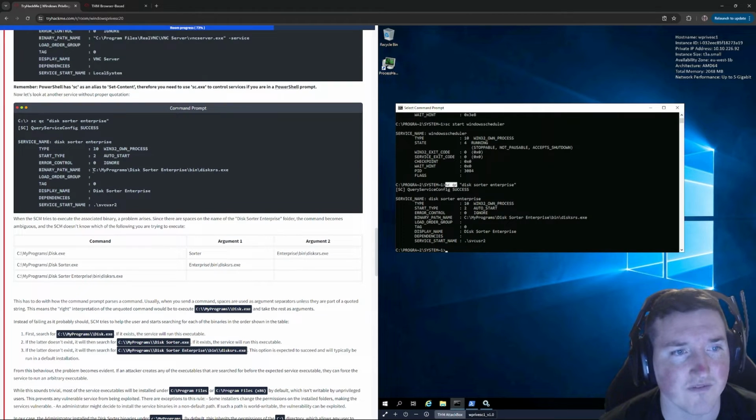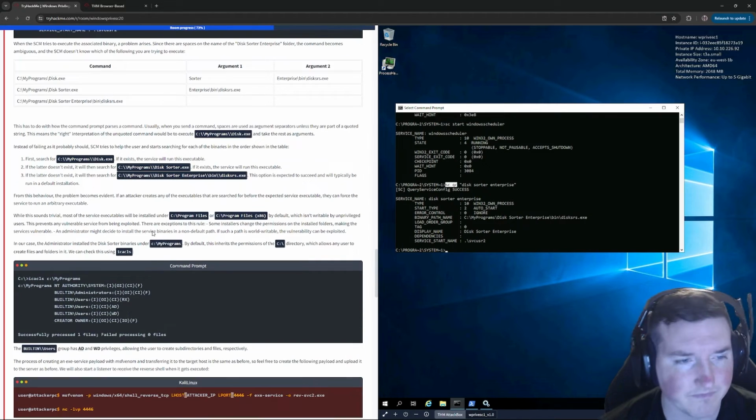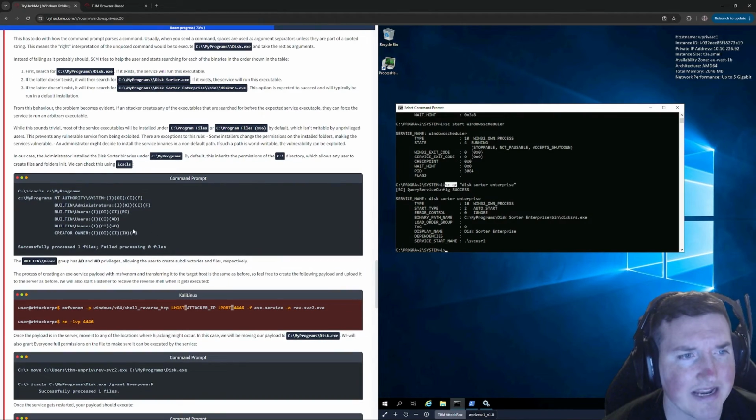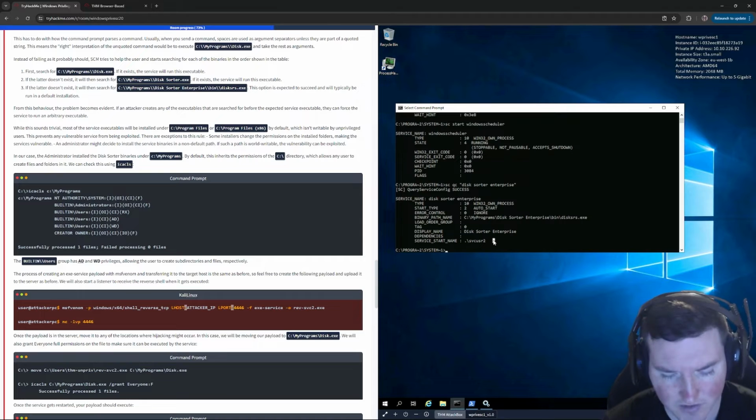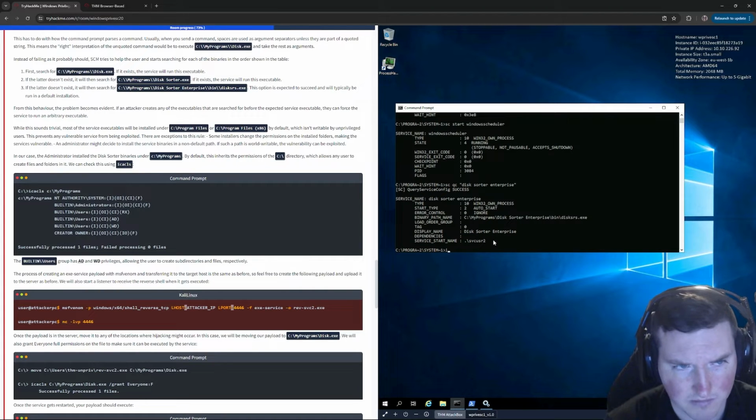So for instance, if we can create a file and put it in MyPrograms Disk, and we can name it disk.exe, when it gets there, it's actually going to run disk.exe and not look for the rest of this because it thinks the rest of that is an argument. So let's go ahead and do that. So first thing we're going to do is say icacls, we're going to say C:, and we're going to look and see